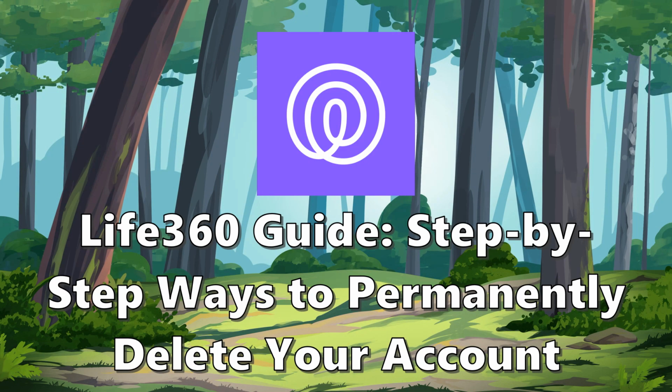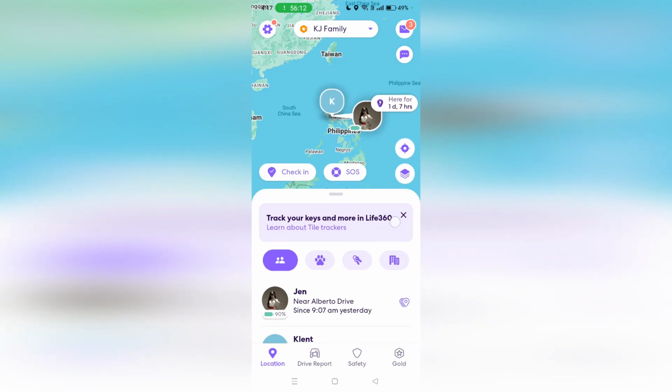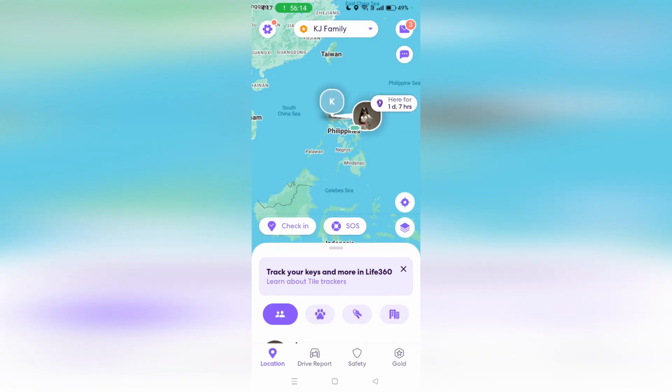Life360 guide: step by step ways to permanently delete your account. So here I'll be giving you ways to permanently delete your account here at Life360. I'm sorry guys, I'm sorry for keep forgetting. So all we need to do is